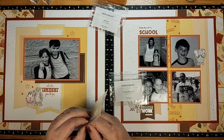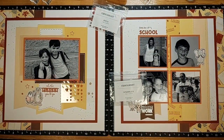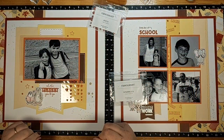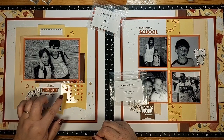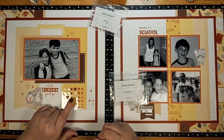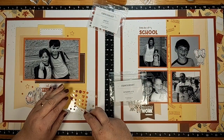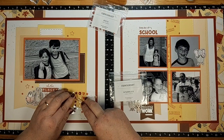Let's pull out the Cozy Up dots. Oh yes, we've got some lovely things. We can use some nice little stars or some hearts. I think we will use some stars, and maybe we'll use some of these darker ones. So let's add a big star right here